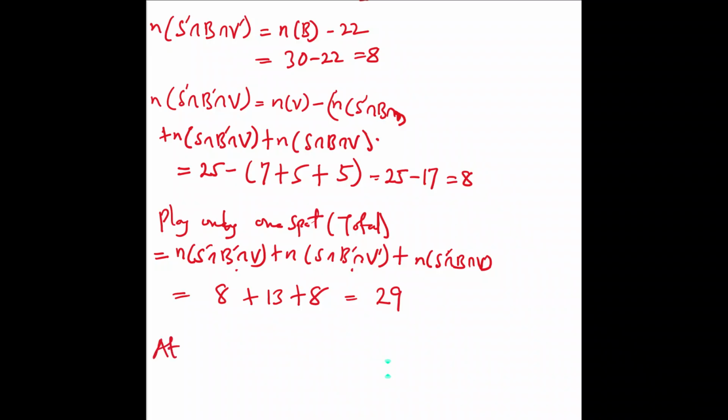Now for the students that played at least one sport. This is the number of students that play only one sport, the number that played 2 sports, and the number that played all sports. It's almost close to the total of all students. So at least one sport, let me just put the one sport total as 29, so we don't need to keep writing all that. 29 plus the number of students who play all 3,